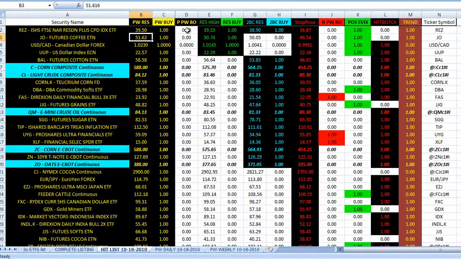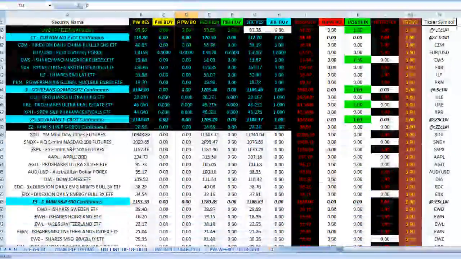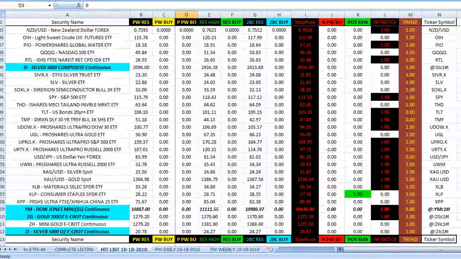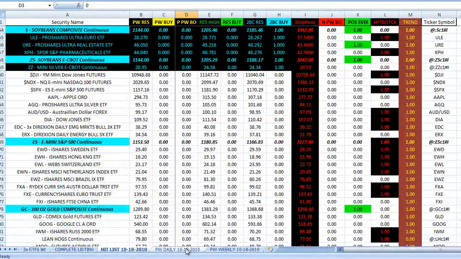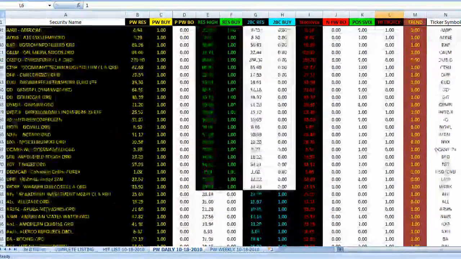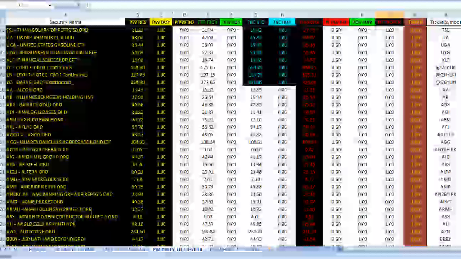All right. The next column here is PWBO. That's a positive pulse wave breakout. This is a new column. If you see a 1 in this column, that simply answers the question: what's one of your better signals to take, or which one looks good out of all the pulse waves? If you see a 1 in this column, it simply means that you missed the pulse wave breakout on that security. You just missed it. It happened in the last trading session,